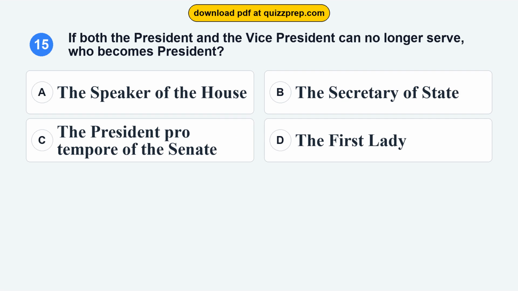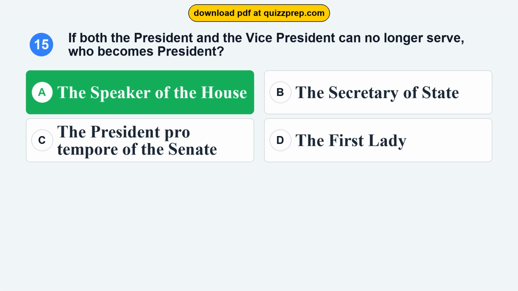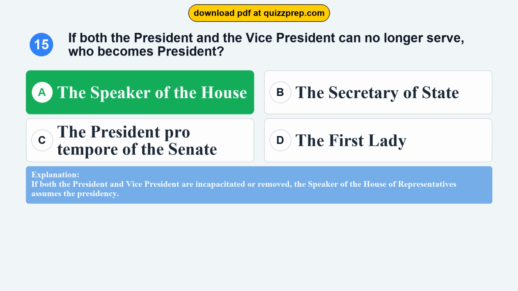Question 15. If both the President and the Vice President can no longer serve, who becomes President? Option A. The Speaker of the House. Option B. The Secretary of State. Option C. The President pro tempore of the Senate. Option D. The First Lady. The correct answer is option A. The Speaker of the House. If both the President and Vice President are incapacitated or removed, the Speaker of the House of Representatives assumes the